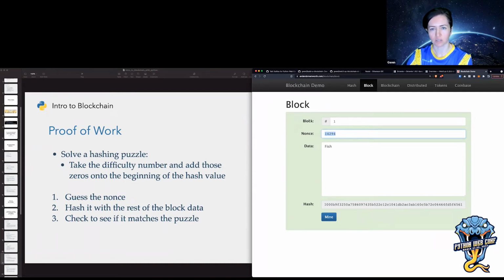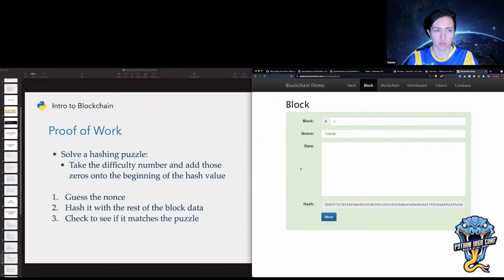So you're given a hash value, let's say of this block header, and you're given a difficulty level, which means how many zeros you have to have at the beginning of the hash. And then you have to solve for it using this nonce. So this is the nonce that solved this puzzle right now. And you can see if I get rid of fish, then the nonce no longer solves the puzzle because it's a different hash. So I have to mine this block again to solve for the nonce. That's basically how it works.